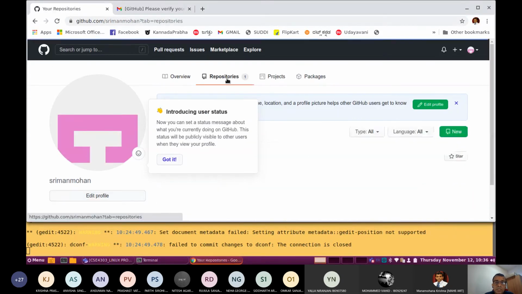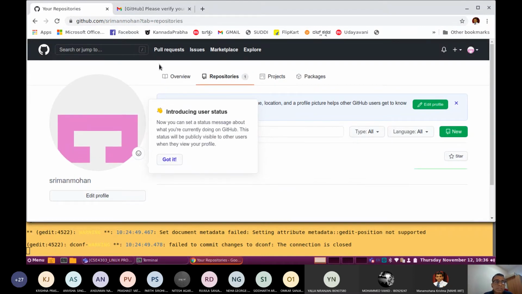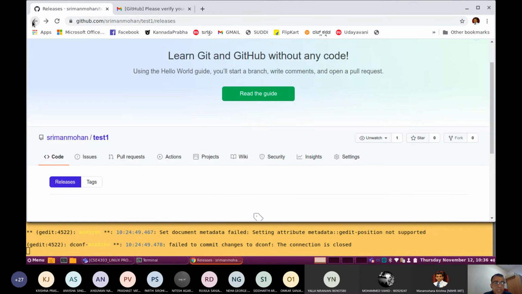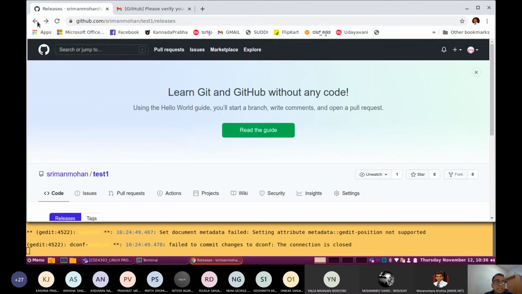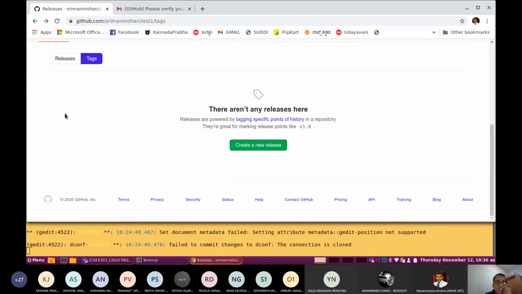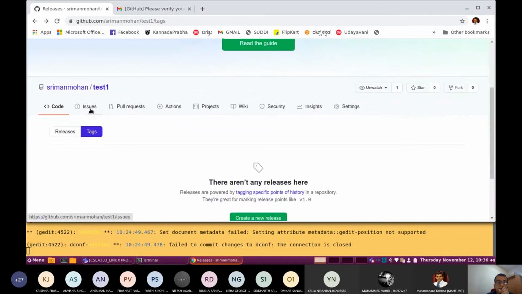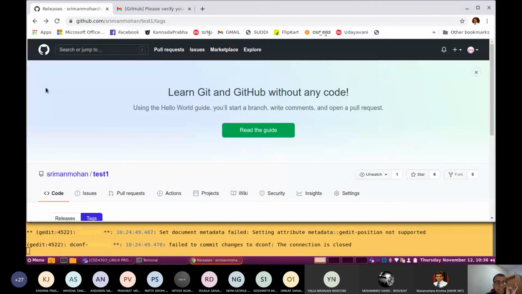And also how many repositories there are in your user profile, all these will be displayed here. You note down that. Try to get practice and familiarization with this web page, the front end of GitHub. Whatever we have studied so far with the command line, you need to be able to implement with GitHub. By the next lab, I want everybody to have one GitHub account. Let us try to do some practical things with the online Git repository also.